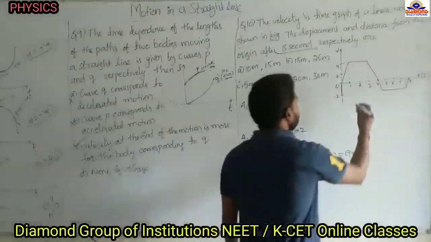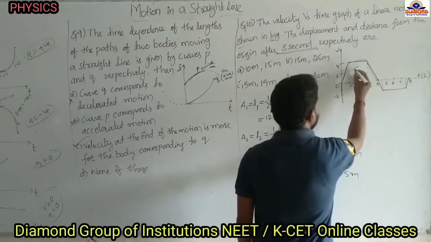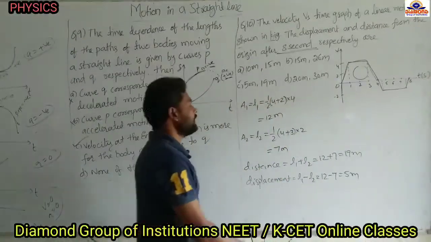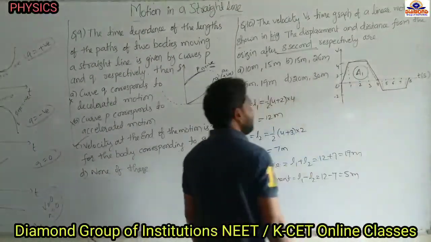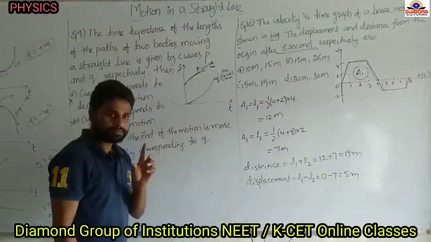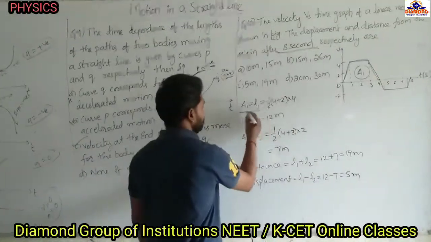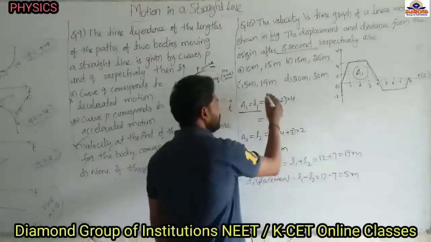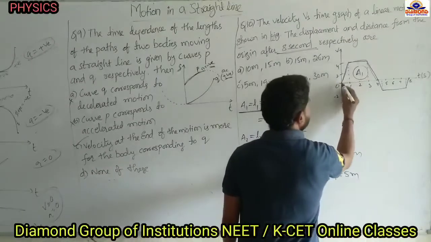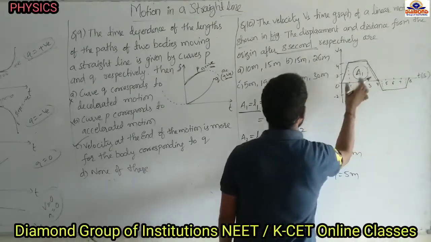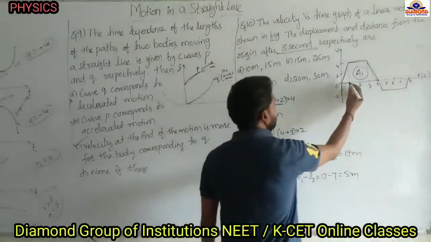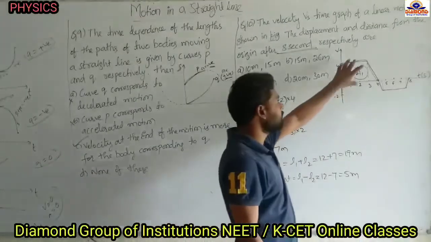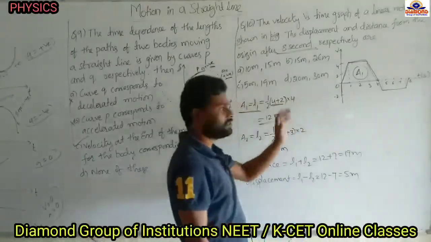Now first I am going to find the area covered by the part above the time axis. The area of this one, A1. The area under this graph will give the length, so area equals distance. For the area formula, this is a trapezium shape, so half into the sum of the parallel sides. This parallel side is 4, this side is 2, so half into 4 plus 2, into height 4. From that we get 12 meters. So the area under this graph gives the distance, and the distance equals 12 meters.